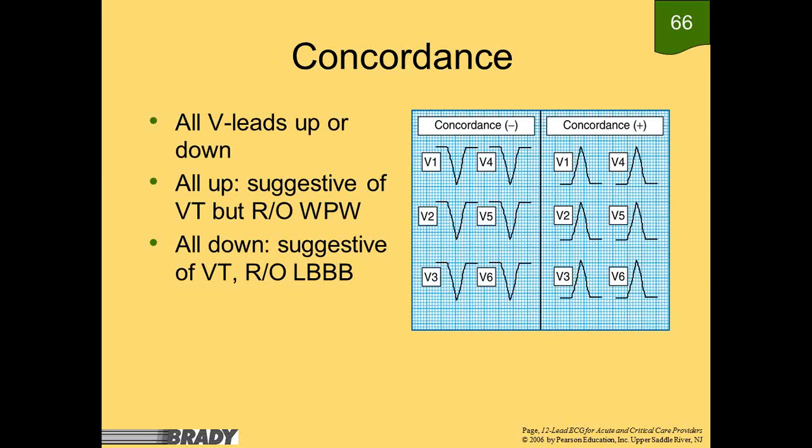Okay, so if our chest leads are all up or all down, then we need to look at this. If they're all up, it could be VTach, but we need to ask about a history of what we call Wolff-Parkinson-White. Wolff-Parkinson-White is a cardiology defect, I guess, so to speak. It's got an extra electrical pathway in it, and it can sometimes very easily send a patient into tachycardia. So if you've got Wolff-Parkinson-White, it may be that extra pathway that we're seeing here and not actually VTach. So if you've got that history,